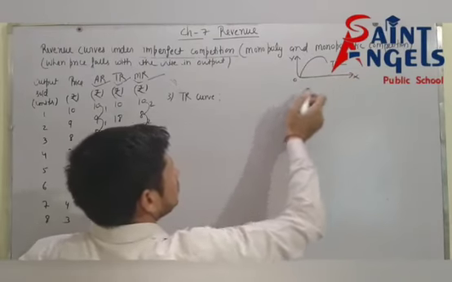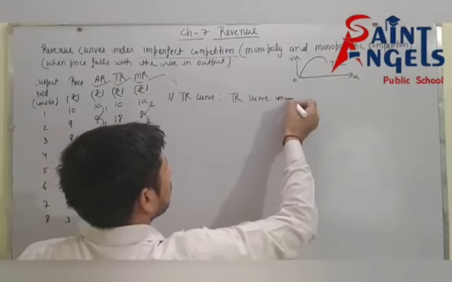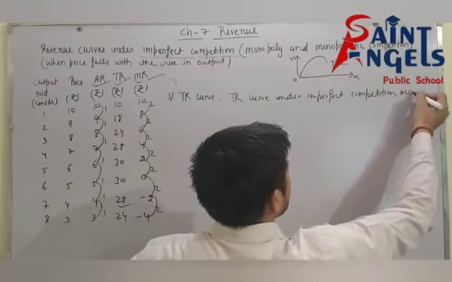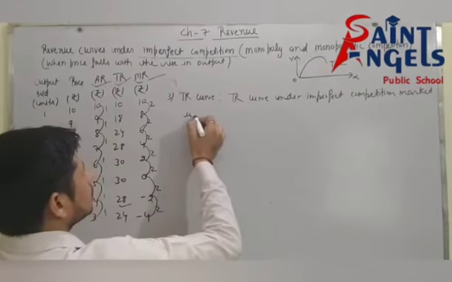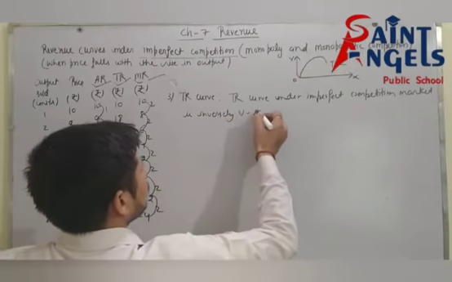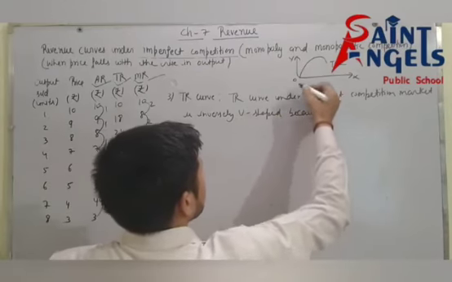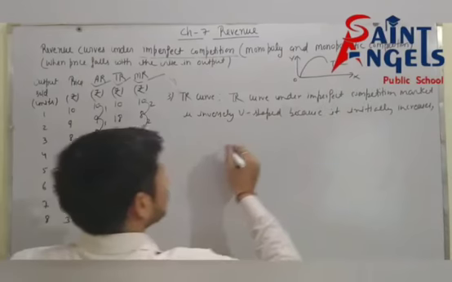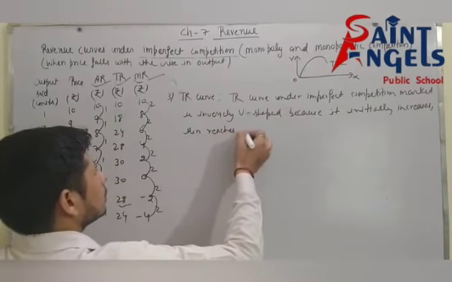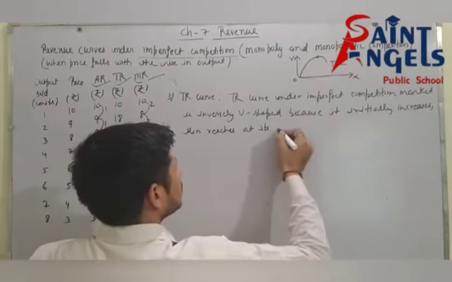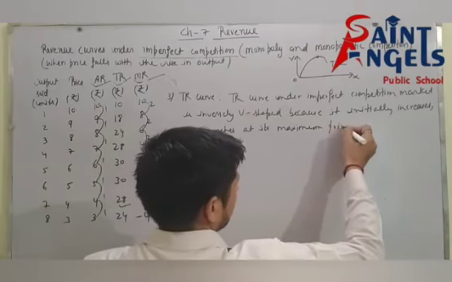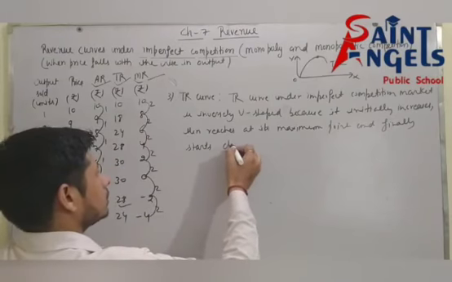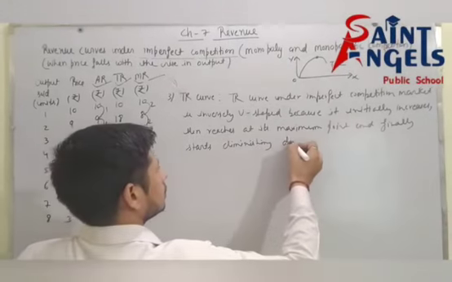Now, the TR curve under an imperfect competition market is inversely U-shaped because it initially increases, then reaches its maximum point, and finally starts diminishing